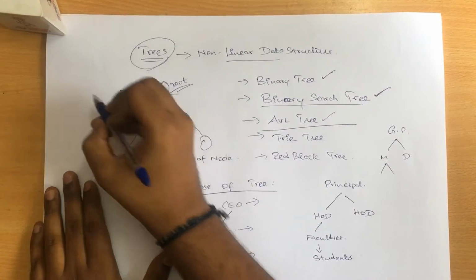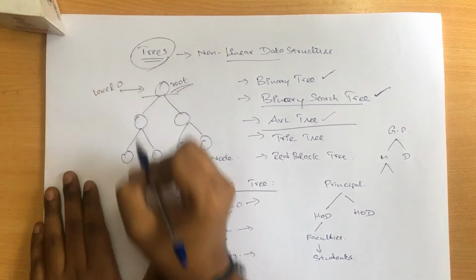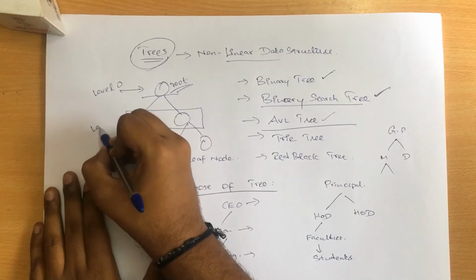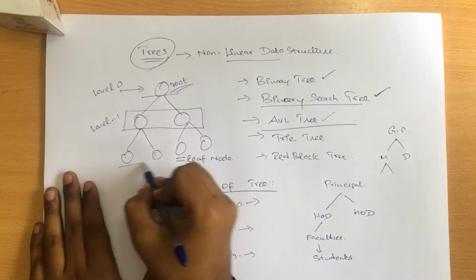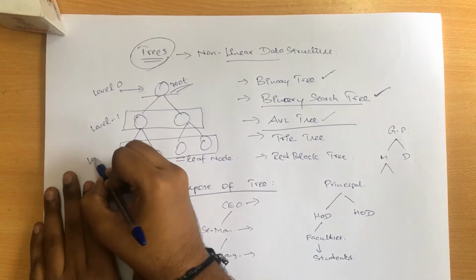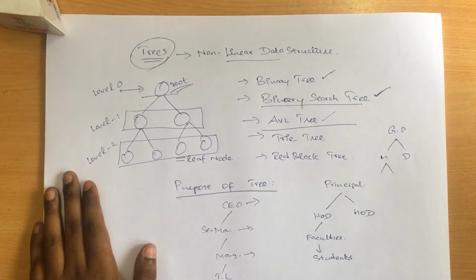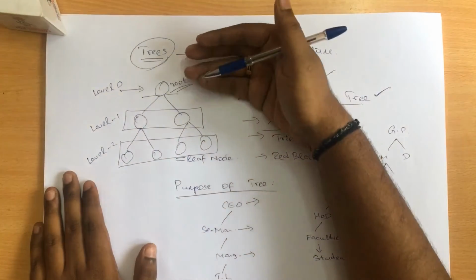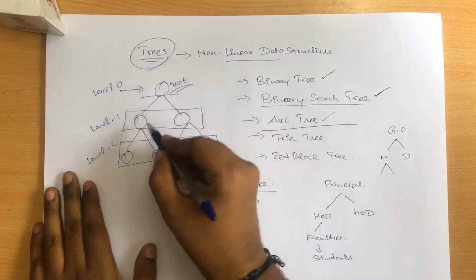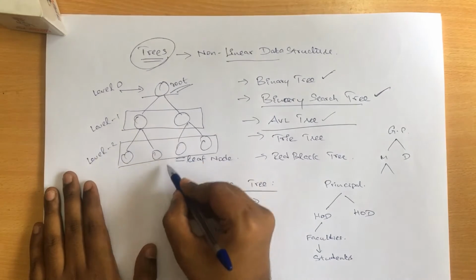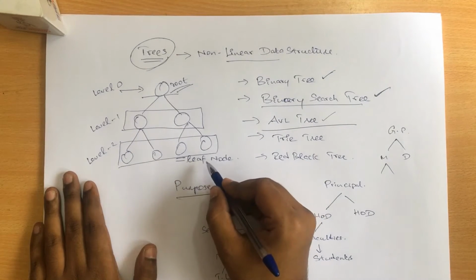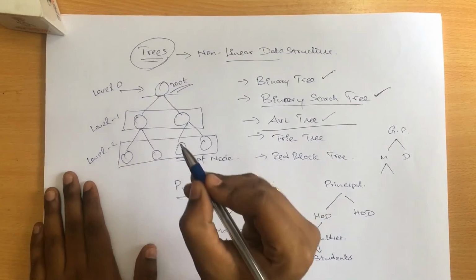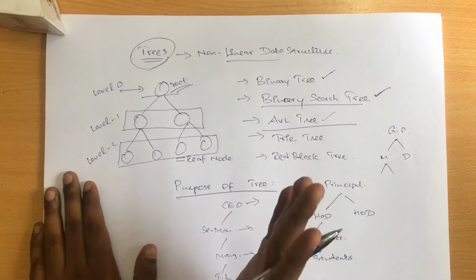So here root is considered as level 0, then these particular nodes are considered as level 1, and the last nodes, these are all called level 2, and so on, right? So this is how the entire tree algorithm works, and we consider it as root node and other nodes, and we can also say these are child nodes. And when it comes to the last node, which doesn't have any other nodes after that, it is called a leaf node, right? So this is what we need to focus on in a tree.